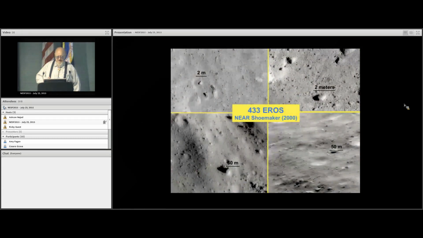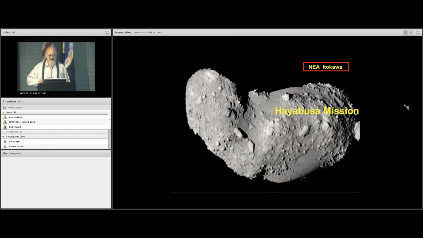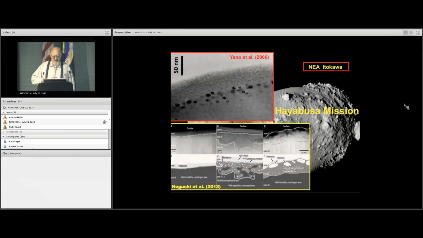The Near-Earth Asteroid Rendezvous with Shoemaker here on Eros, you can see the resolution in the upper left. We have a 2-meter boulder, okay? 1 meter per pixel. So we had things going on there that were just fantastic. The Hayabusa mission was a fantastic Japanese mission. They went, look at it, it's all just a rubble pile. And then they found nanophase iron. So this nanophase iron is popping up all over the place. Now that means that this is a possible clue to